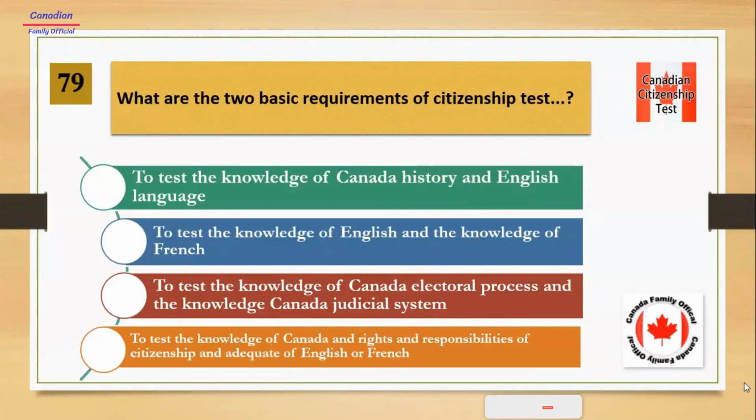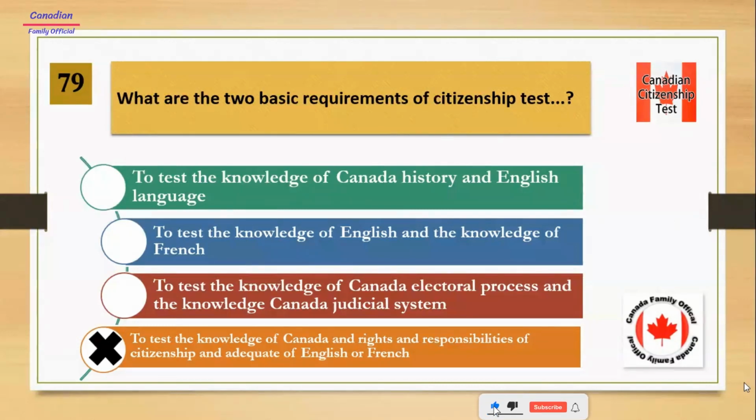What are the 2 basic requirements of the citizenship test? Number 1, to test the knowledge of Canada's history and the English language. Number 2, to test the knowledge of English and the knowledge of French. Number 3, to test the knowledge of Canada's electoral process and Canada's judicial system. Number 4, to test the knowledge of Canada and the rights and responsibilities of citizenship, and adequacy of English or French. And the answer is to test the knowledge of Canada and the rights and responsibilities of citizenship and adequacy of English